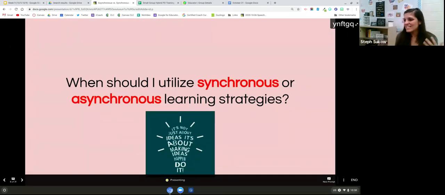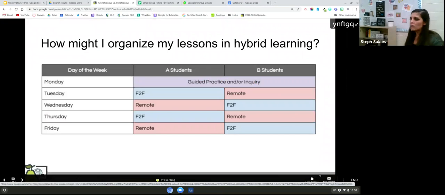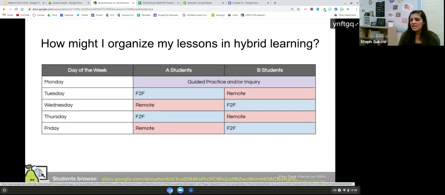When should we utilize asynchronous and synchronous learning? I think that's the big question on everybody's mind. And the big thing is thinking about how you might organize your lessons. I know that especially in science, and we've had conversations in our division as well, of talking about starting synchronous, so starting where everybody can be on the same page. I think there's a lot of benefit to that because we finally are starting to feel successful with where we're at. Keeping things synchronous or live with everyone, no matter where our students are at, is a great way to